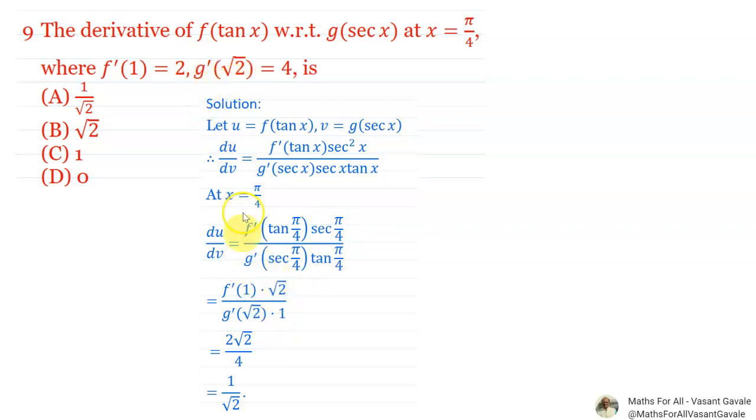Next g dash of root 2 म्हणजे sec of pi by 4 is root 2, therefore g dash of root 2 is 4. ओके, आणि tan of pi by 4 किती तर 1 आला इथे. ओके, नेक्स्ट सिम्प्लिफिकेशन इथे काय होणार तर ते रूट 2 अपॉन 4 अँड ओव्हरऑल 2 रूट 2 म्हणजे इथे किती येणार डिवायडेड बाय 2 येणार. रूट 2 अपॉन 2 पुन्हा इथे root 2 can be written as root 2 into root 2. Again root 2 will get cancelled. You will get here 1 upon root 2 and hence the option A हा या ठिकाणी कसा आहे तर तो